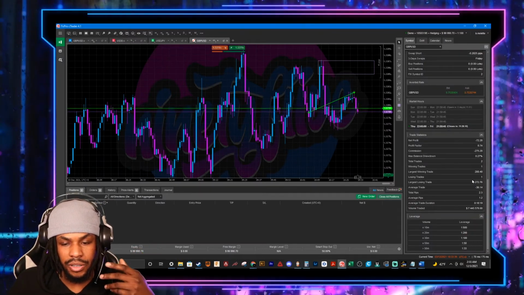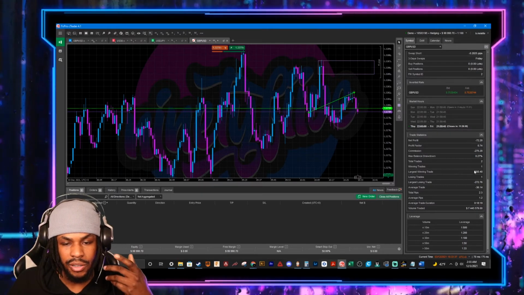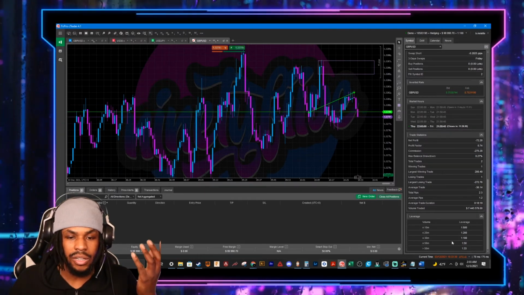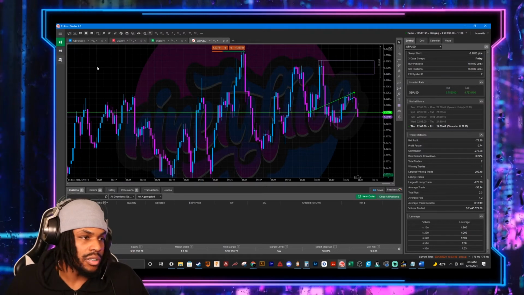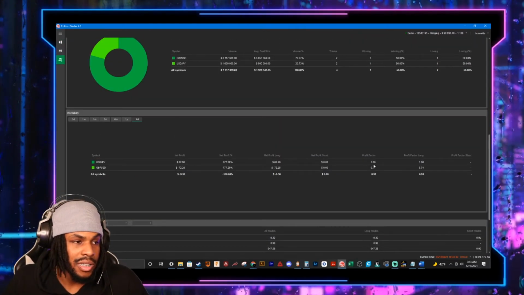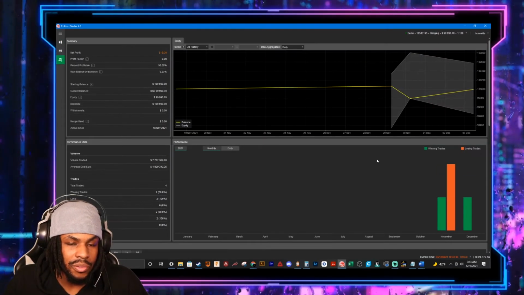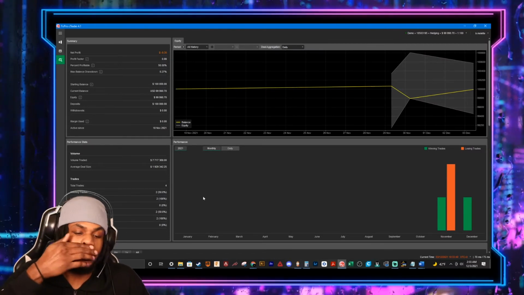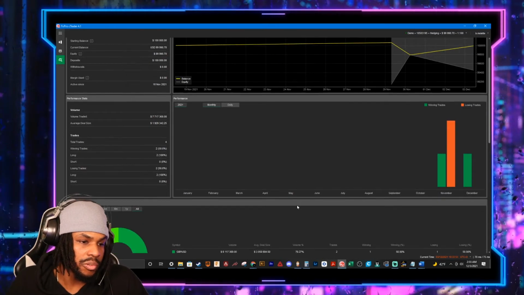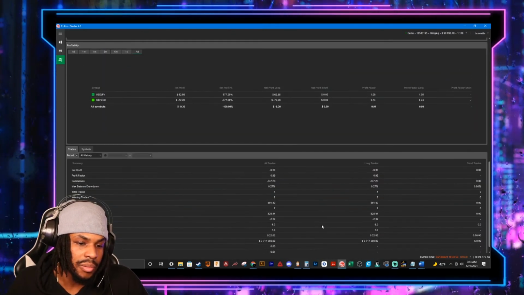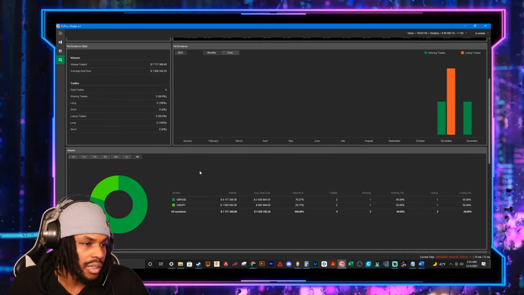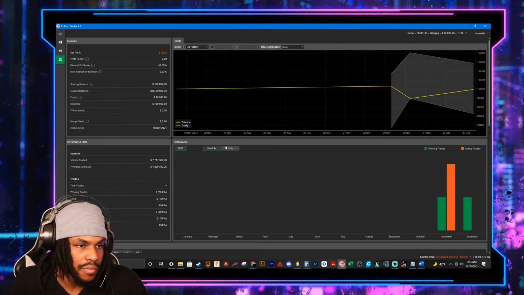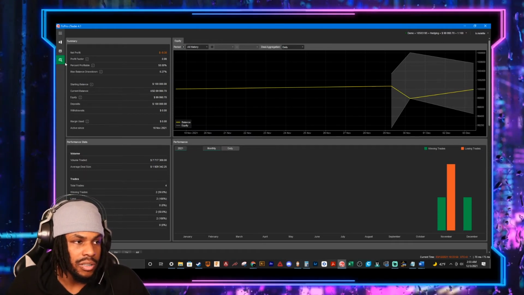So for GU, it shows you like your average winning trade size, average loss. You can also go here and it'll break down your statistics a lot more. So if you're one of those people that want to track your equity curve and you want to see how consistently profitable you are in a certain pair, a certain time, and all that good stuff, you can go on here and look at whatever data this gives you,